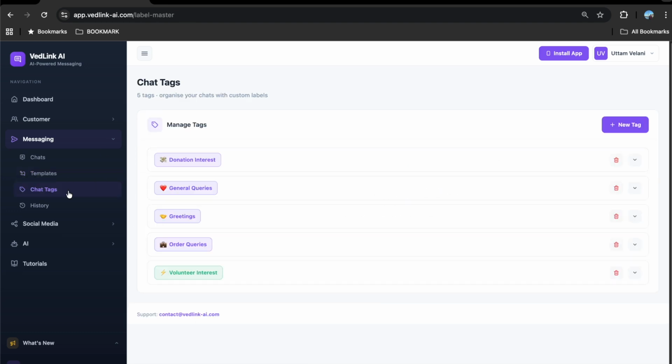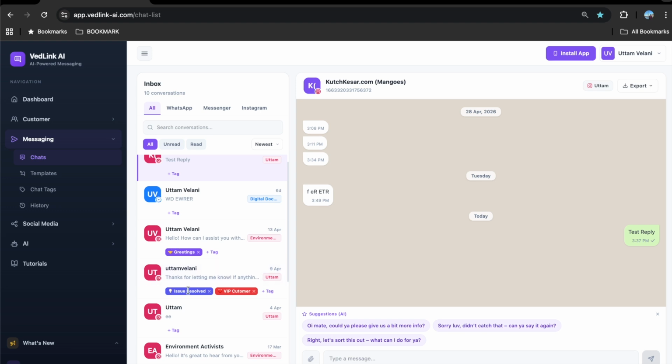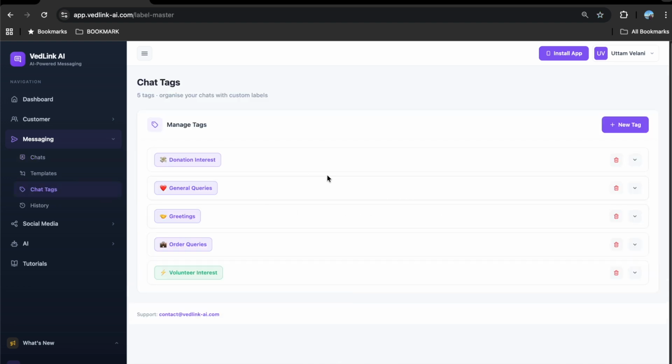What are the chat tags? Chat tags are tags which you can assign to the chat. Chat tags help you to manage your chats better. So if I go to chats, you can see I have chat tags over here, and you can give any kind of chat tag or you can create any kind of chat tag based on your requirement and assign it